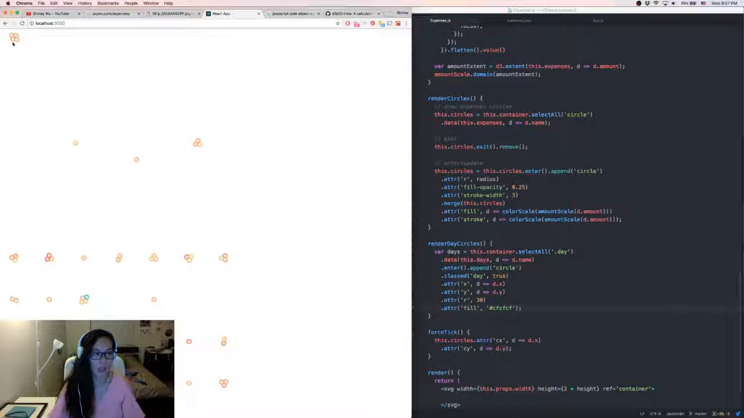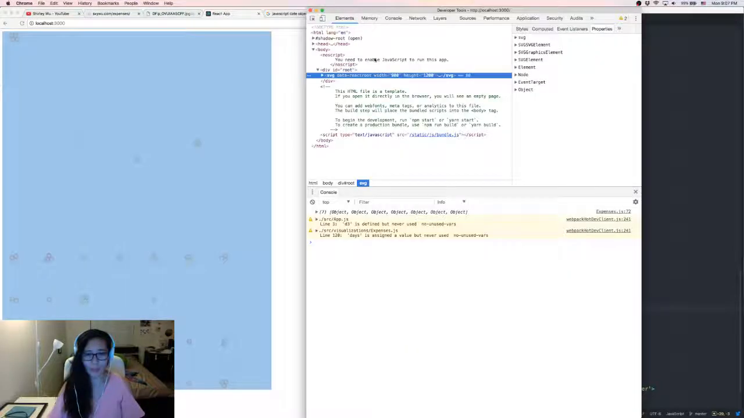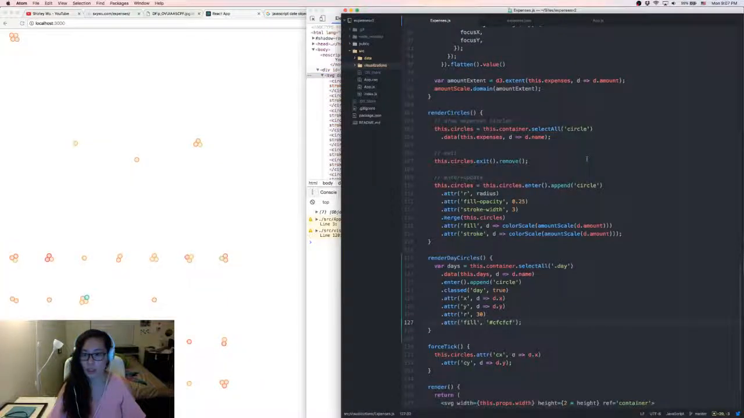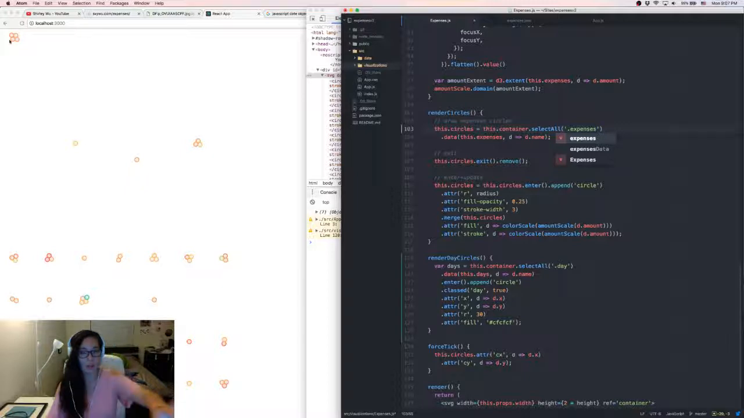And it's not showing up. Yay! Because this one, I'll call this expenses. So the reason why it's probably not showing up is probably because I have rendered circles that is saying like, oh, take any of the circles that are in the selection, or select all the circles within this container,